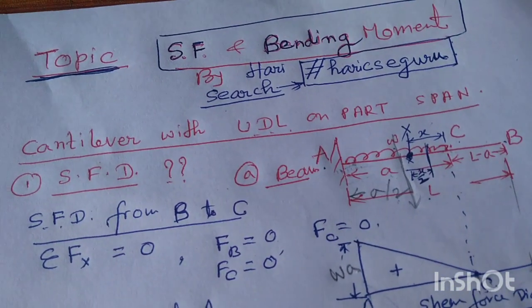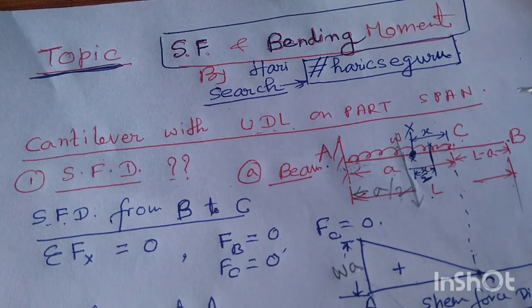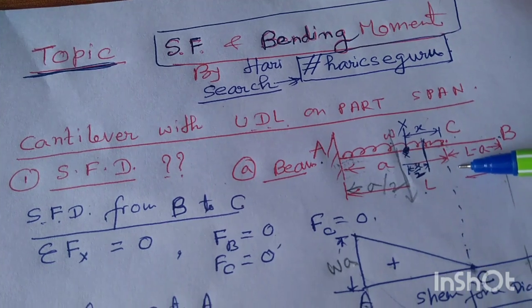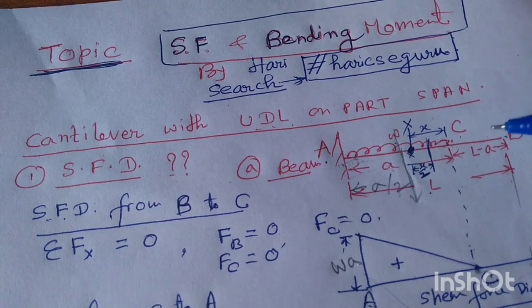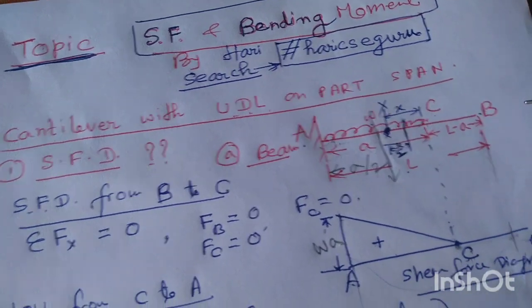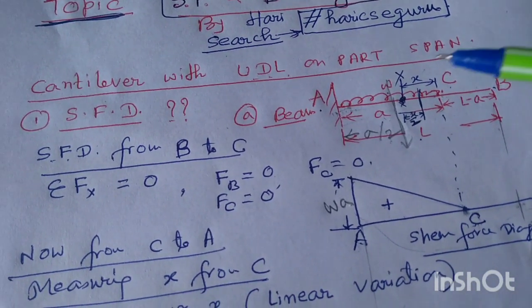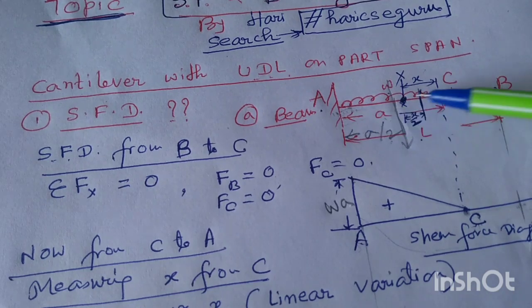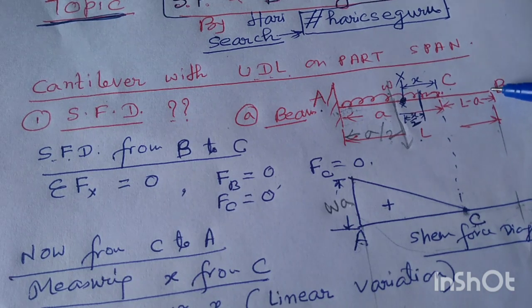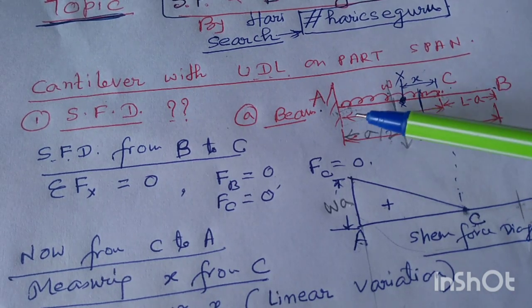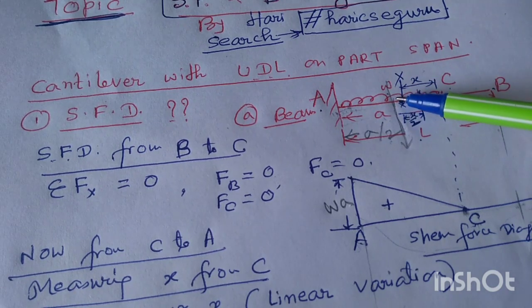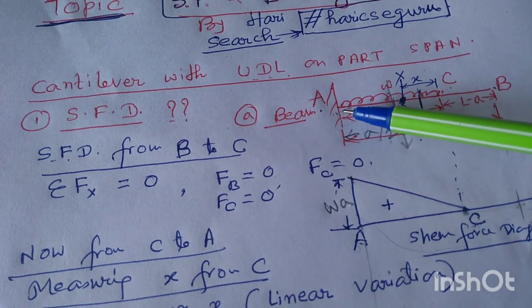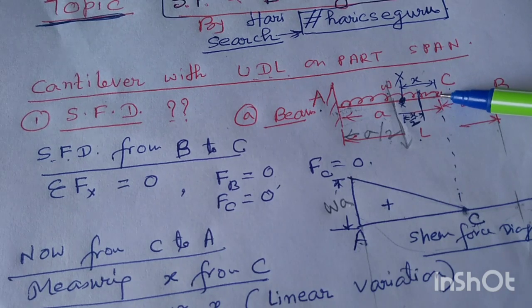And friends, please see the drawing of this cantilever beam. One end fixed and other end free. This is called cantilever beam. You see that the UDL is not loaded to the whole span and it is partially loaded. That is, W is loaded to the distance A only.